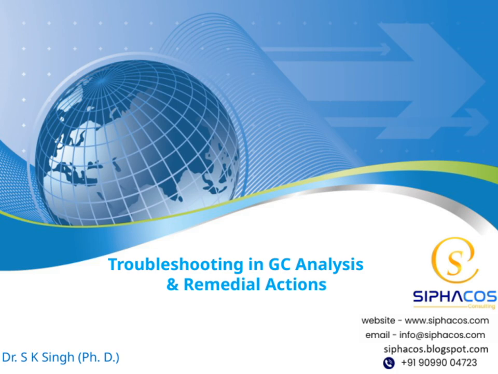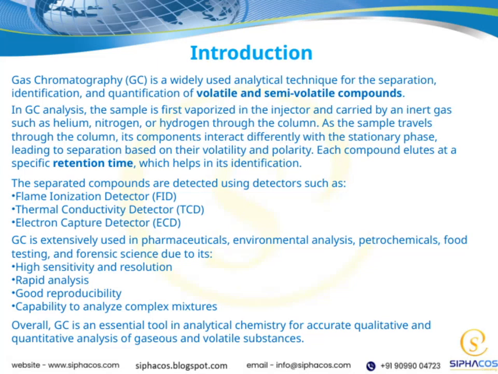Let's get started. Welcome to the introduction of gas chromatography, or GC, which is a fundamental technique used in analytical chemistry. It's widely employed for separating, identifying, and quantifying compounds that are volatile or semi-volatile. In a typical GC process, the sample is first vaporized in the injector. From there, an inert gas, such as helium, nitrogen, or hydrogen, acts as the carrier, pushing the vaporized sample through